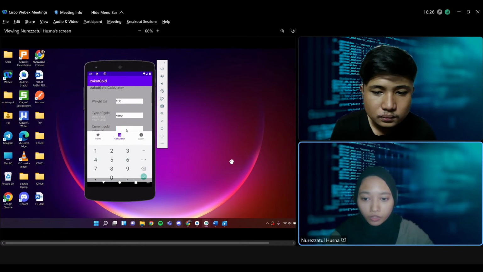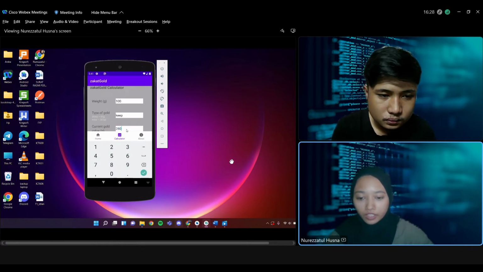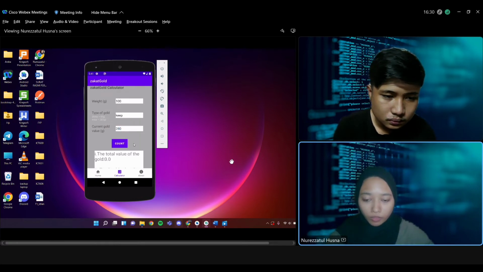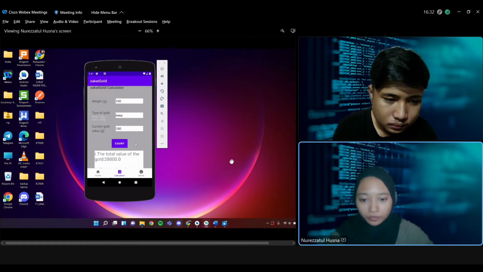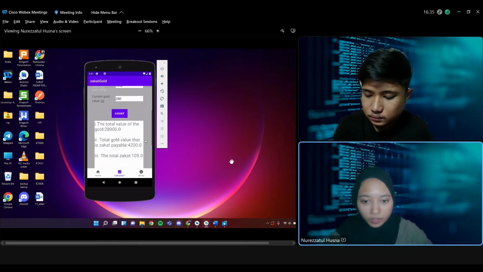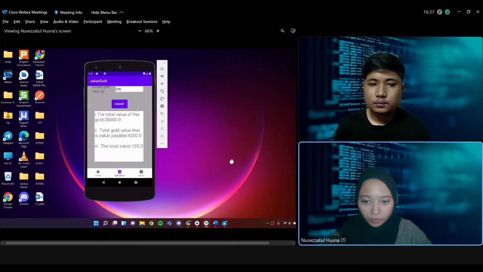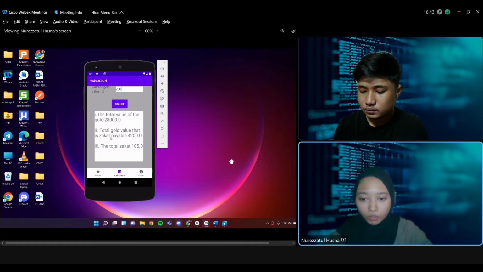And then the current gold value is 218. Let's say you just put any value. Then we click on count and see the changes at the output box. The total gold value, the zakat payable, and also the total zakat have changed. The values are there, which means the calculation has been made.